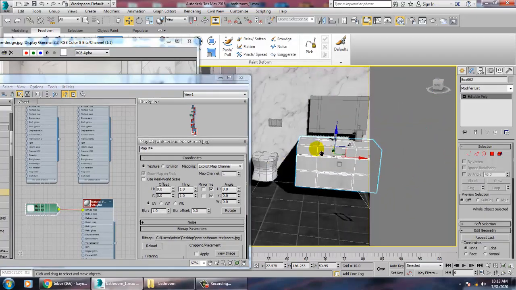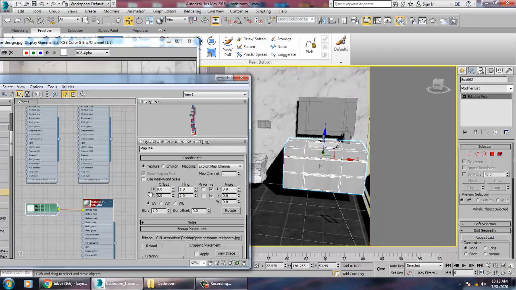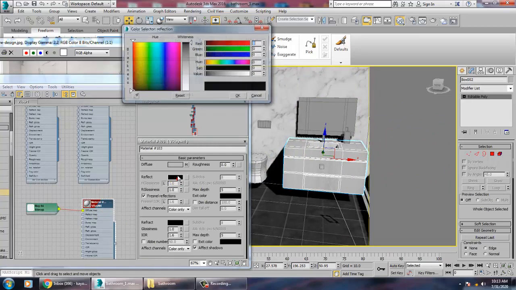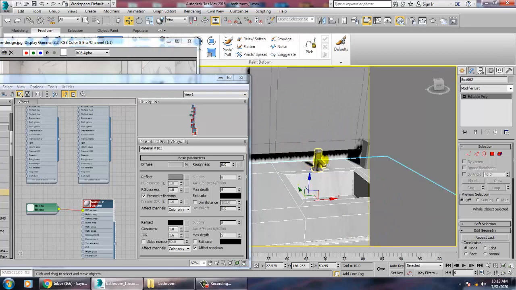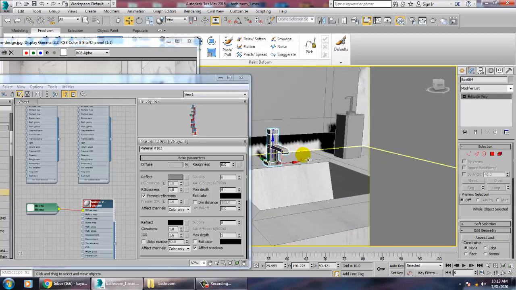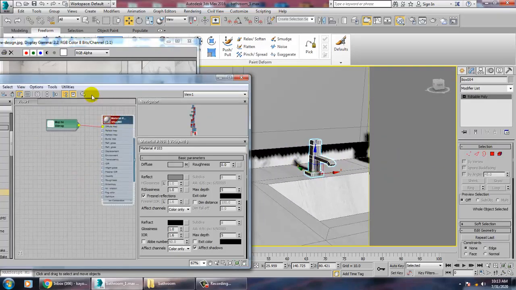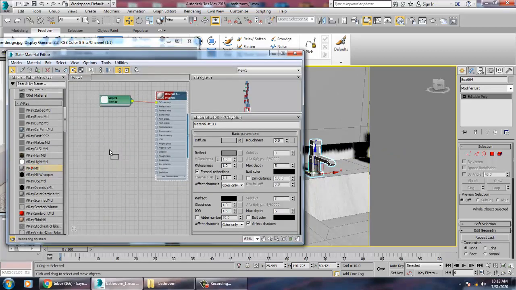Now, after assigning this ceramic texture, we need to give a bit of reflection. Select this, go into this V-Ray material.